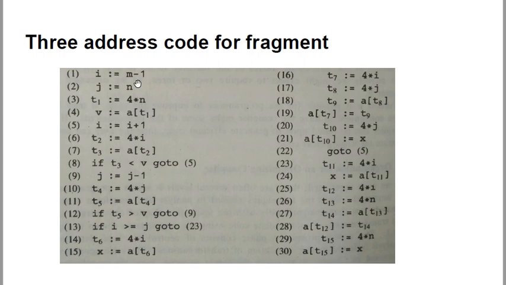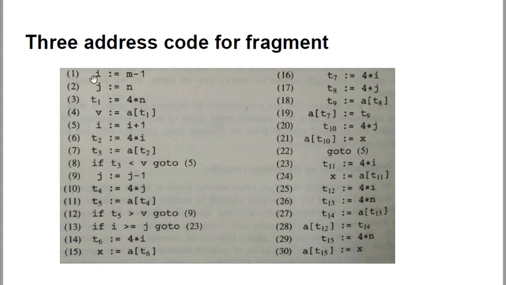We'll name the basic blocks basic block 1, basic block 2, and so on. The three address code for a particular program will consist of several basic blocks, depending on your code. Depending on what the three address code looks like, we'll consider how many basic blocks we get. So in this quicksort code, up to now, we see that if t3 is less than v, go to 5. This 5 is also a leader.